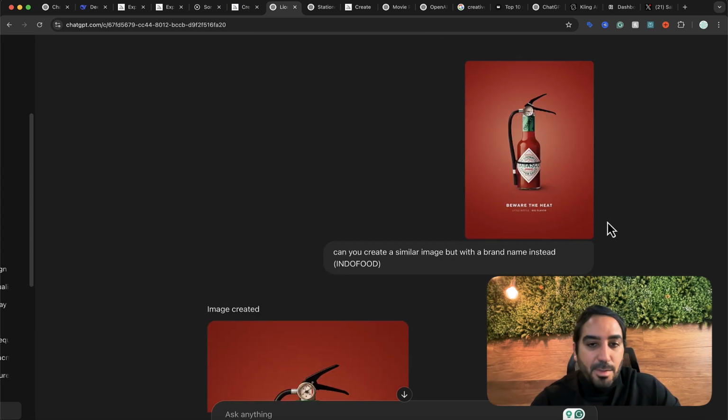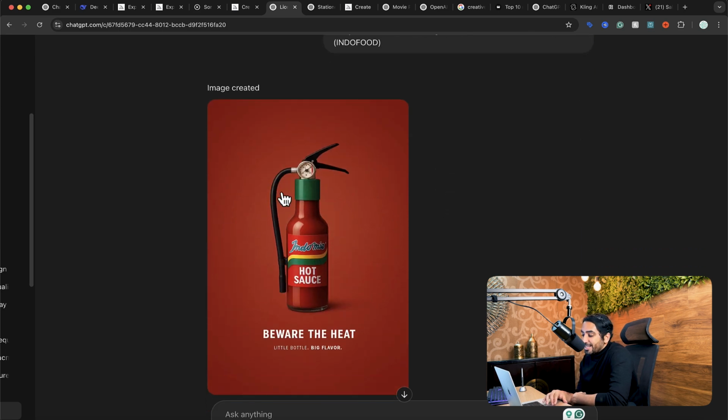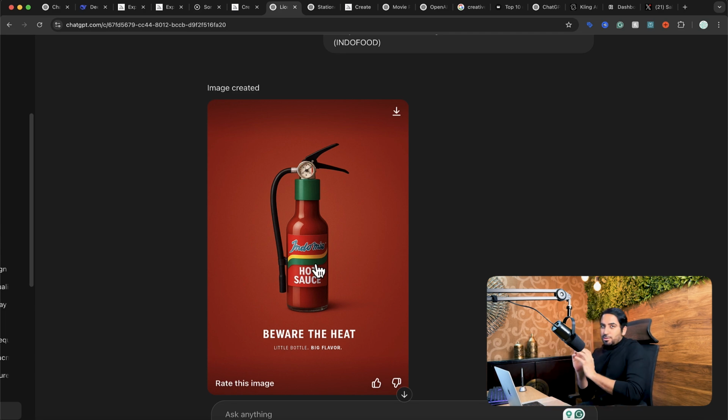Without any reference image, I asked it to change that: instead of Tabasco, use Endofood. It used Endomy, which is a different brand, but you get the idea. It did clean work, except it didn't get the brand, which is fine for now. But hopefully you can see where we're heading. We can come up with creative visuals easily like that. Of course, we need to refine them slightly in Photoshop, in my opinion, to get a very clean result, but